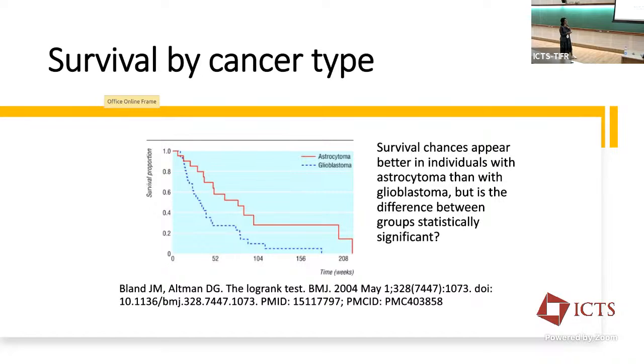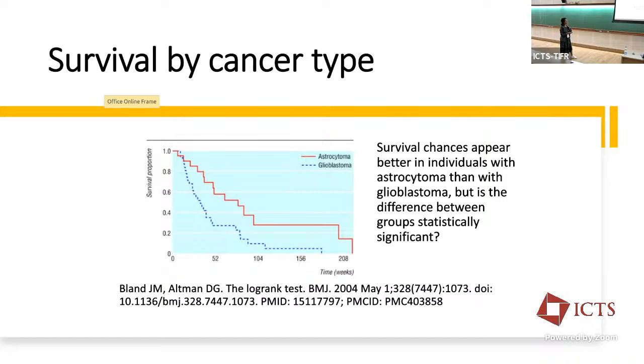The survival chances appear better when you look at that. I've taken it from the paper. It looks like, if you look, how do we read that? So you can see, for example, at time 104 weeks, for this group, the glioblastoma is, let's say at 104 somewhere between, 0.2 or something, less than 0.1, 0.08 or something. And then for the other group, astrocytoma, it's more, 0.2. So we can say that survival chances appear better in the individuals who are in this group with astrocytoma compared